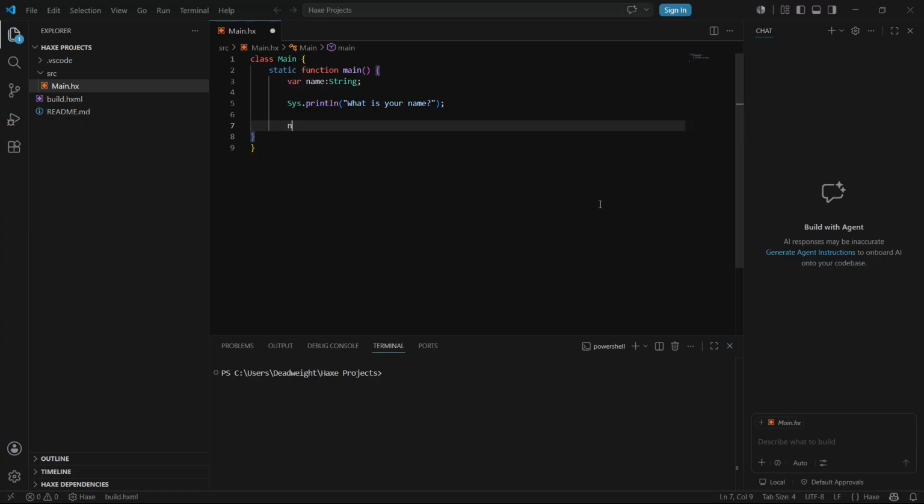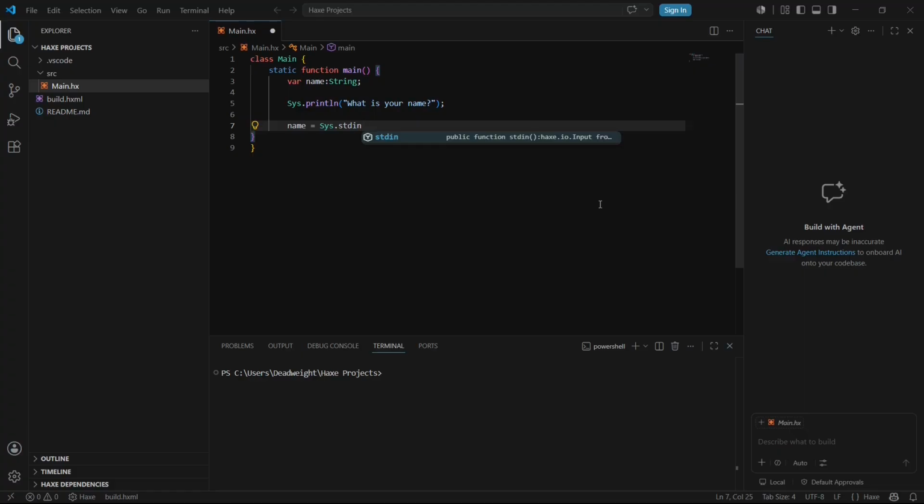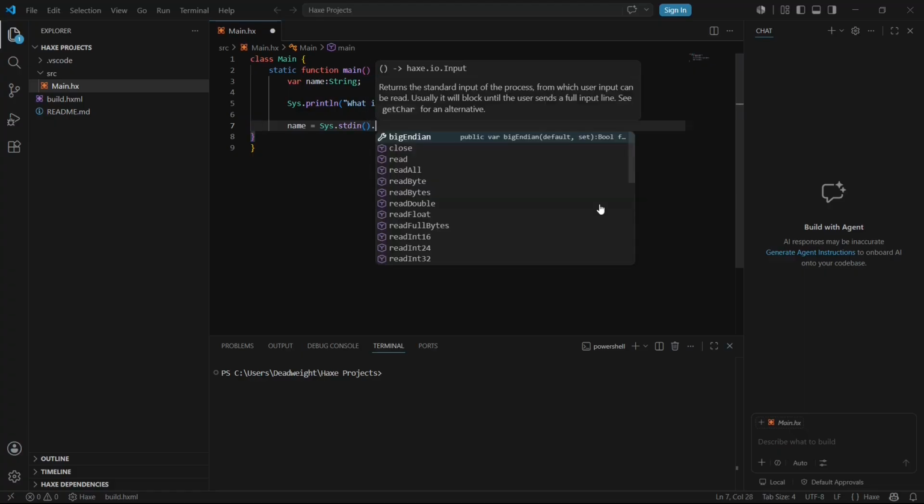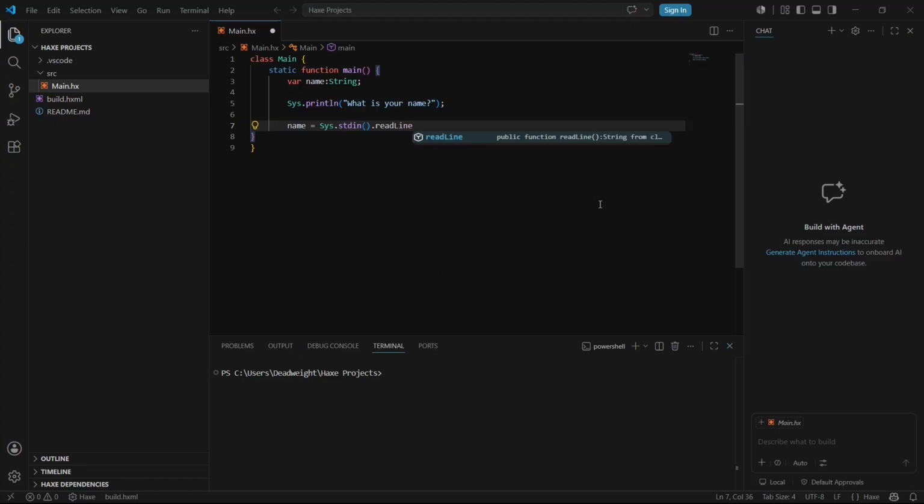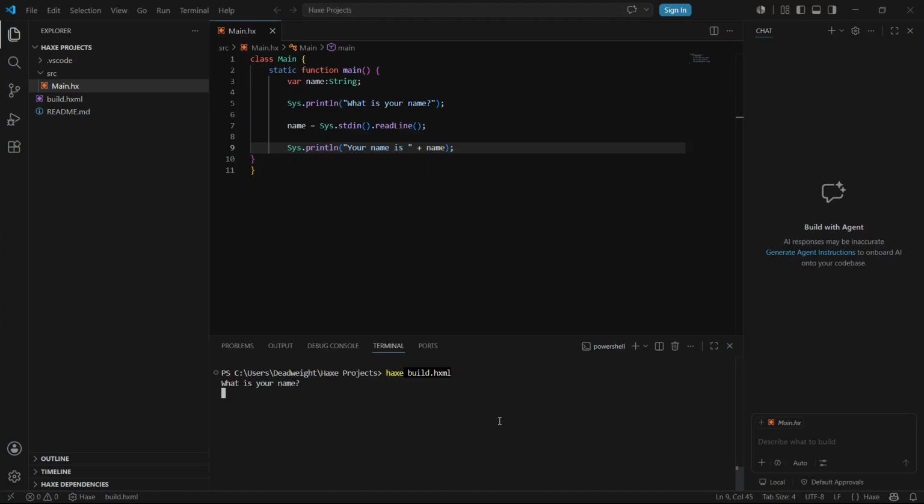We can do this by typing name is equal to Sys.stdin, as in system dot standard input, dot readLine with an uppercase L, followed by another set of parentheses. Now we can finally print the user input that we just accepted with another println statement. Your name is plus name. Now if I save and build the program and enter dead weight, the program prints your name is